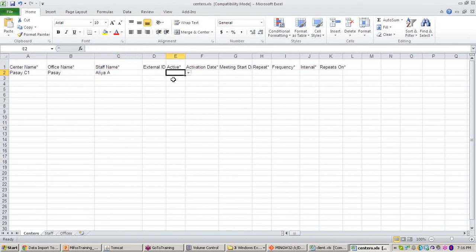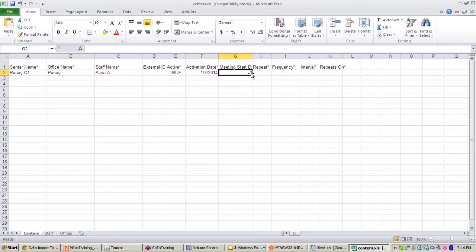Whether this center is active, let's make it true. This center is active, and then you have to give the activation date for that center. Let's give 1/3/2014. It means we have activated the center on 3rd January 2014.